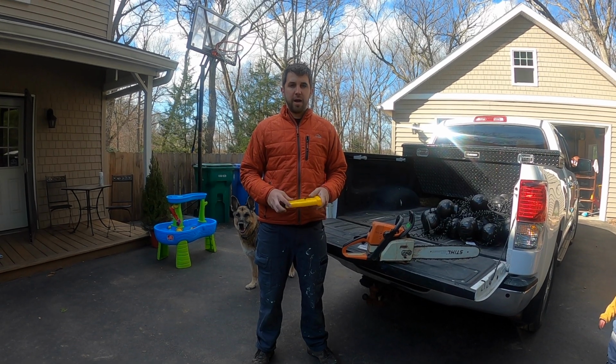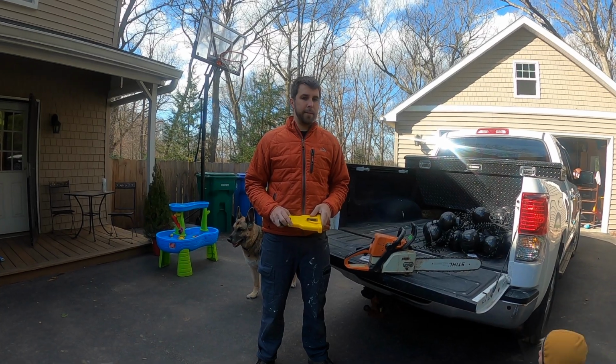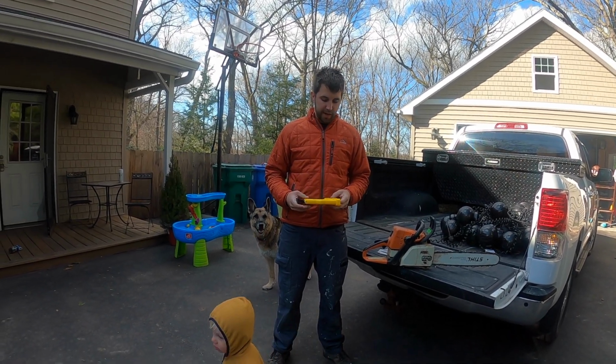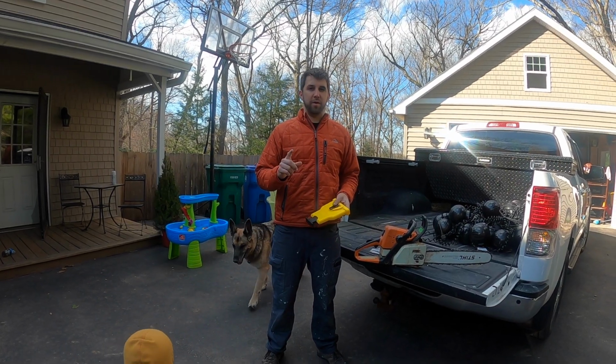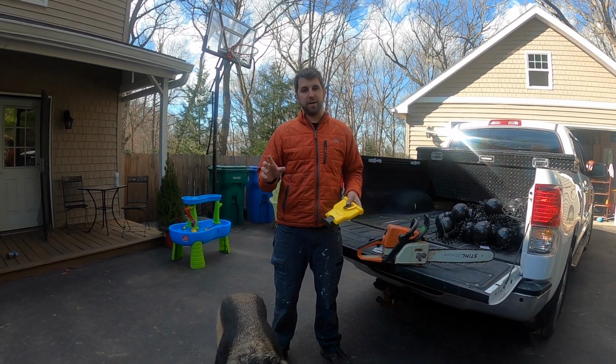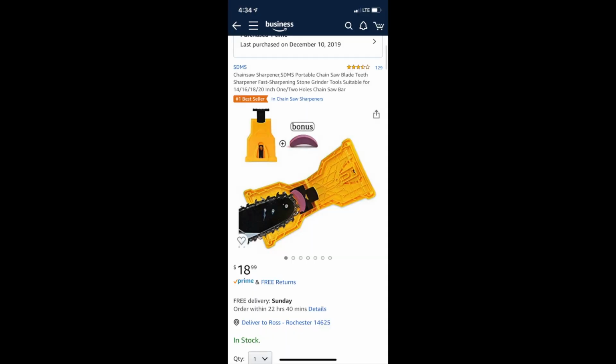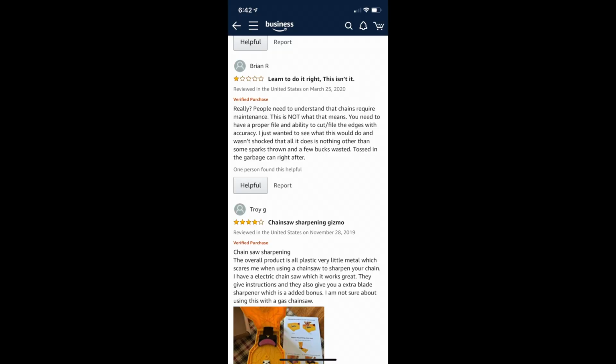What's up, guys? I was on a thread from Facebook, and we were commenting on these cheap little chainsaw sharpeners. I first of all would not buy one from the weird little gadget places on Facebook that give you things for like $1, but I got this on Amazon for 20 bucks. It's got a 3.3 out of 5 rating, but I have to say it actually works